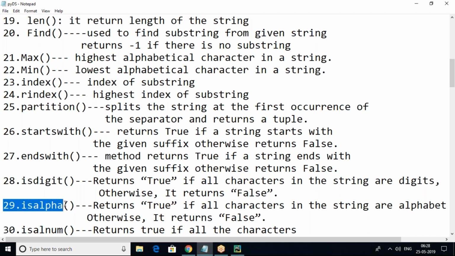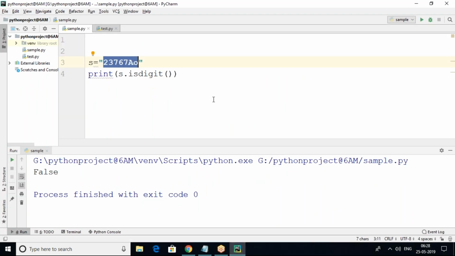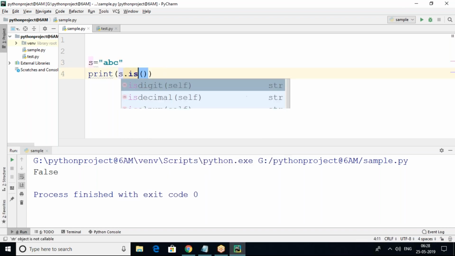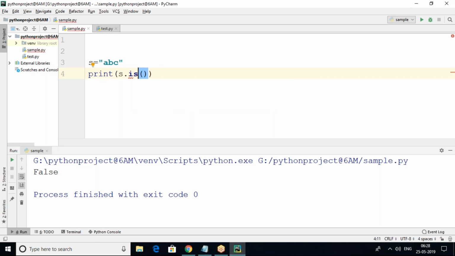isalpha returns true if all characters in the string are alphabets, otherwise it returns false. Suppose "ABC". Here I am applying isalpha. Yes, it is alphabetic, true.